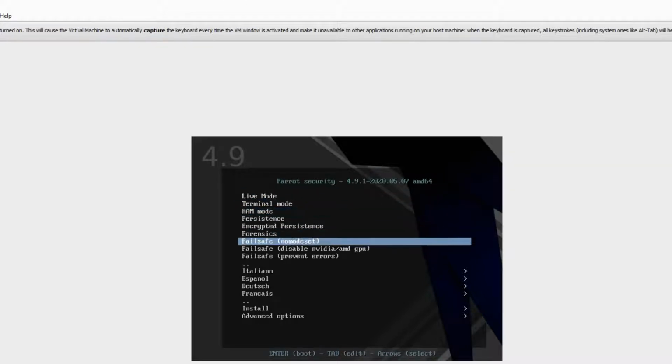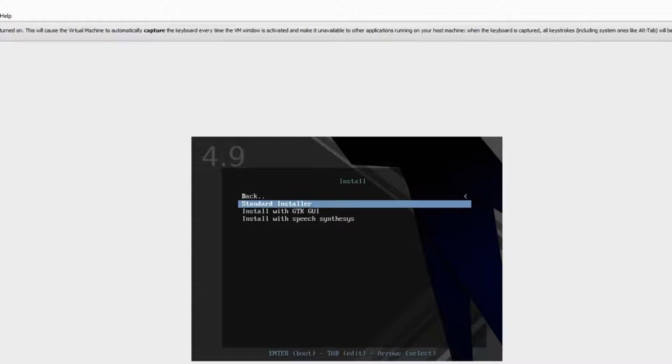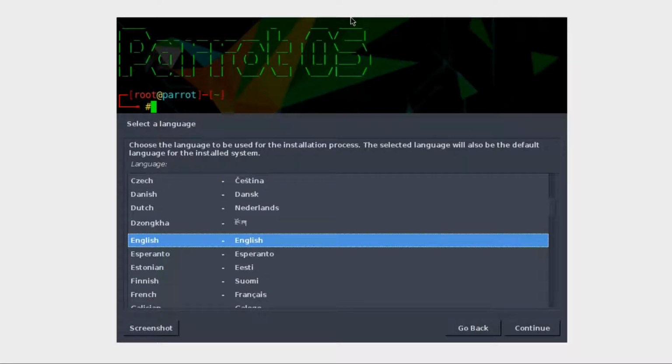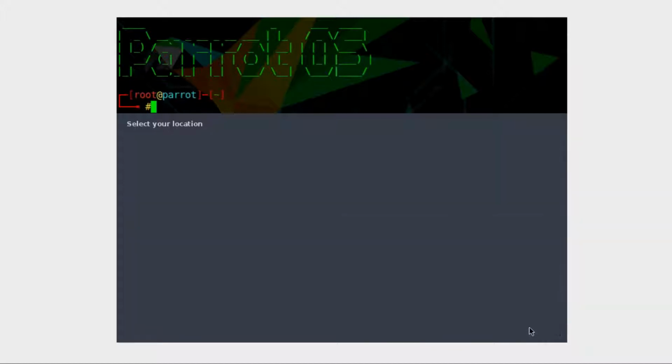So once it opens up, you could find the graphical install method or the install method directly. So I'm going to install that with the help of the GUI. Click on English and click on continue and select your territory or country. I'll select India and the keyboard mapping is English. Further, you will be asked to set your host name, domain name, and an HTTP proxy and all. You could of course ignore the domain name and the HTTP proxy, and you could configure them later.